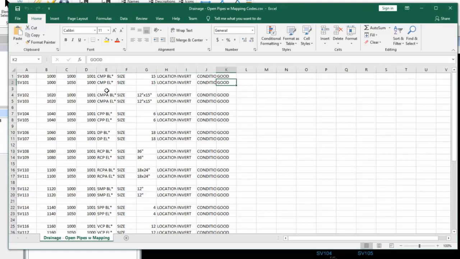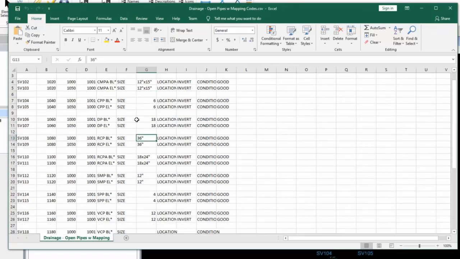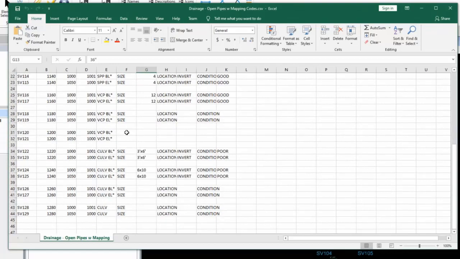So I've just got some different testing examples here of all the different field codes, and also included a couple different formats for how the user may have entered the data. So I want to make note that the inches symbol is not required. I'm just testing what happens if the user did enter those in the data collector. So moving on down, here's an example where there were no attributes in the data collector at all.